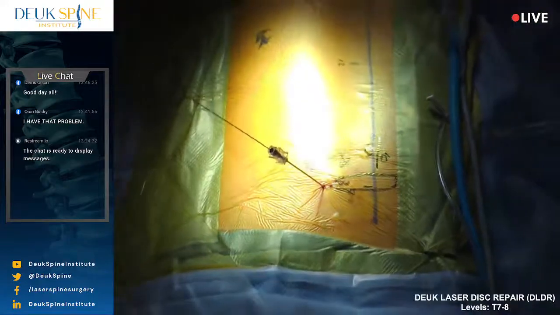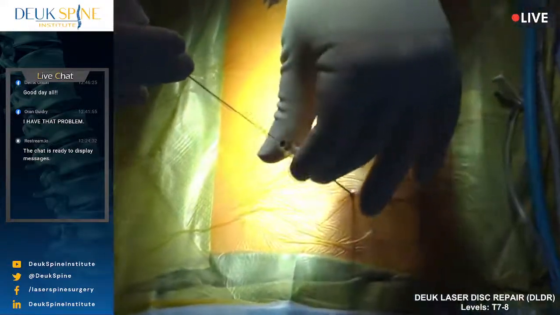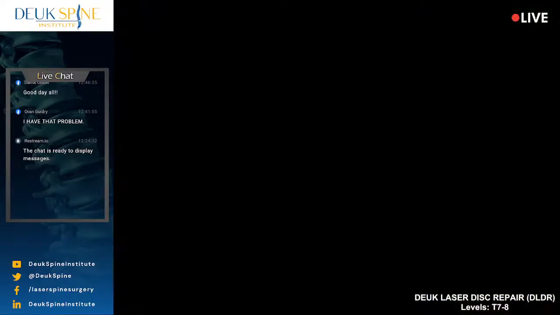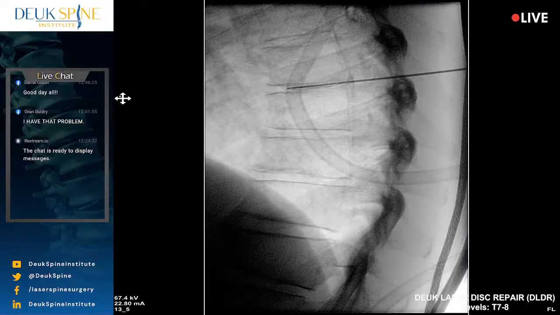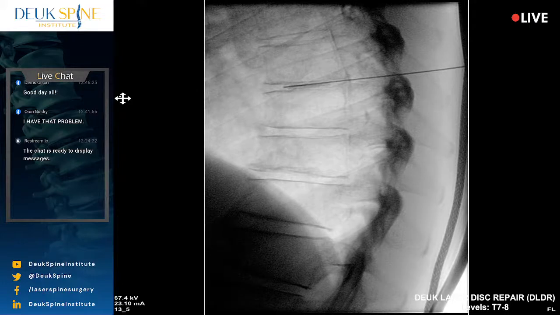Shot. I want to make sure the guide wire is in good position. It is. It's inside the T7-8 disc. You're looking at a side view shot. This side view, we call it a lateral view. Lateral is the medical term. So we have a lateral view of T7-8, and that weird tube right there is just the suction tube. Go ahead and take another picture. You can see it's gone. We've explanted it. It's a little bit of OR humor. Anyway,